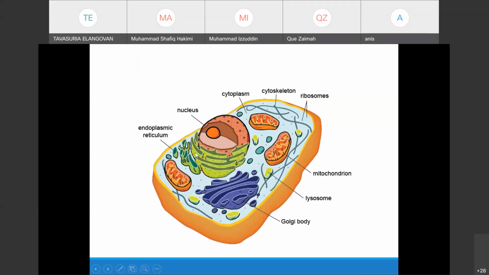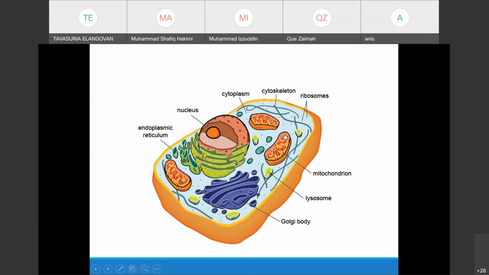So this is the structure of eukaryotes. You should know how to draw the prokaryotic and eukaryotic cells together with the labels, and also you should know the structure of each of the organelles and their function. It is very important. Okay, so eukaryotes have the nucleus. The nucleus is the largest and central organelle in eukaryotes. It is a double membrane bound organelle. Prokaryotes do not have double membrane bound organelles.